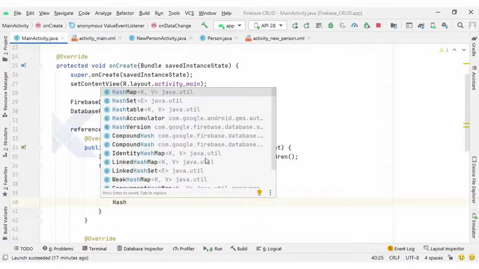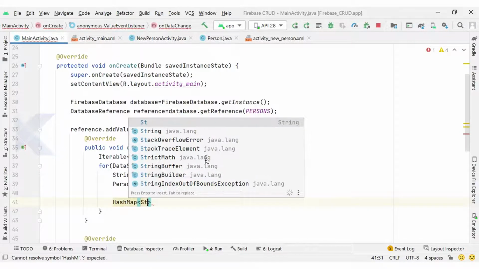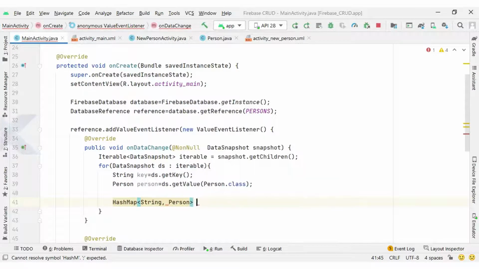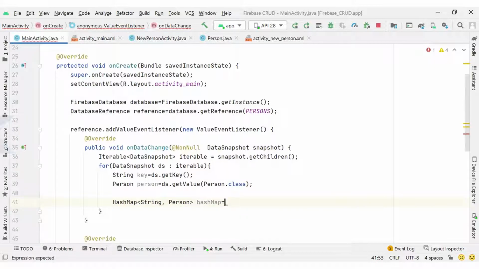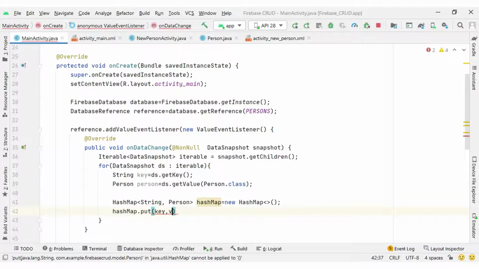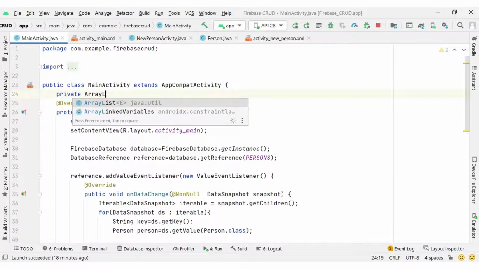To manage these key value pairs I will create one HashMap instance with the type String, Person. This HashMap will help you manage your key value pairs. The key is very important whenever you are updating or deleting data. Inside the HashMap I will put the key value pair. I also require this HashMap for maintaining our list, so I am going to create one ArrayList here.